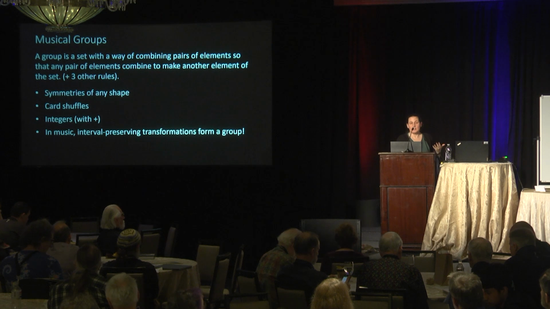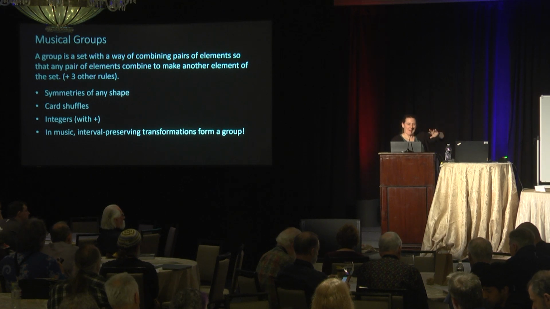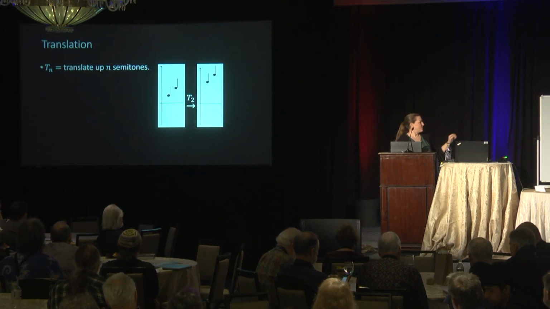And the closure property is really useful to us here because it says if we've got a bunch of these things, then it ought to be the case, and it is the case, that we can combine all of those things with each other and produce new interval-preserving maps, because of the closure rule. So let's think about what we've got. We've got translations. Now, I didn't want to use the stave notation so much now because of this ambiguity. It's not quite right about, are we going up by a tone or a semitone? So I've just done it like this. It looks a bit more like a graph.